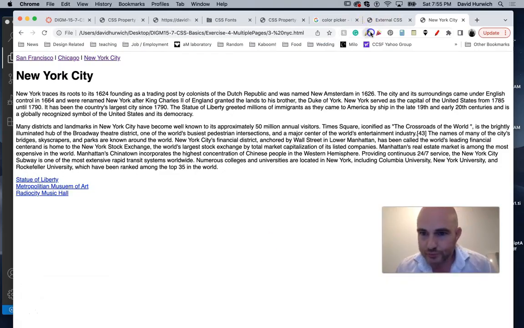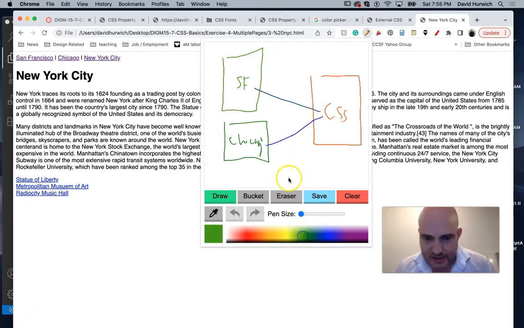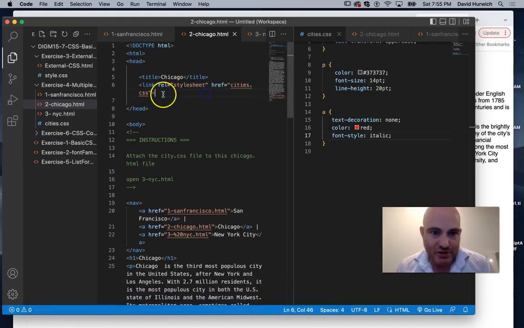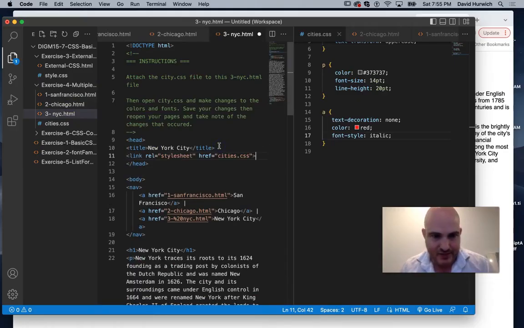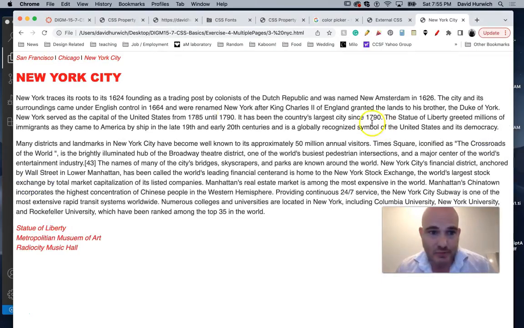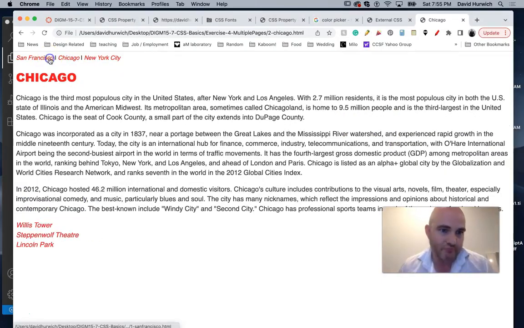So, I have my New York City page. I need to connect it to the CSS document here. So I'm actually just going to be a little lazy. I'm just going to copy this, go here, and let's just paste that in. Okay. Assuming that I did it correctly, everything is now following the same